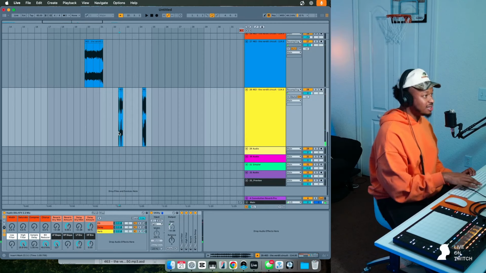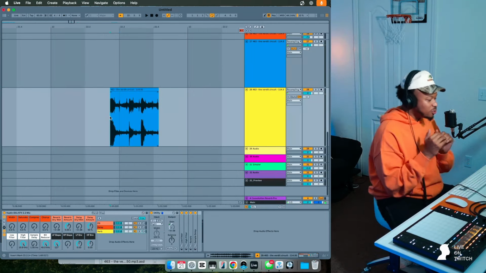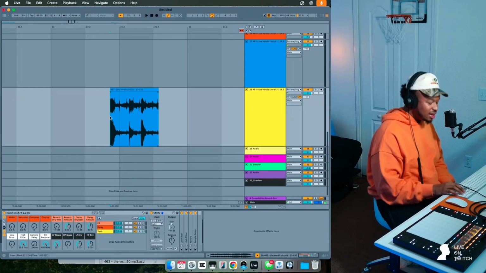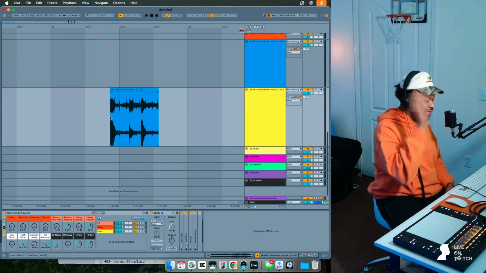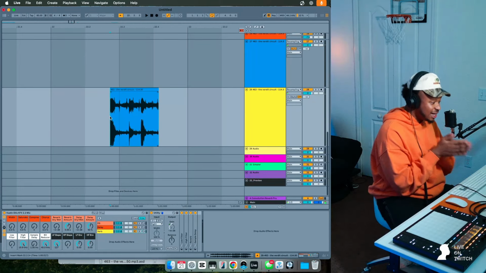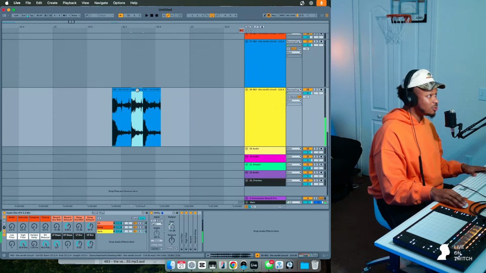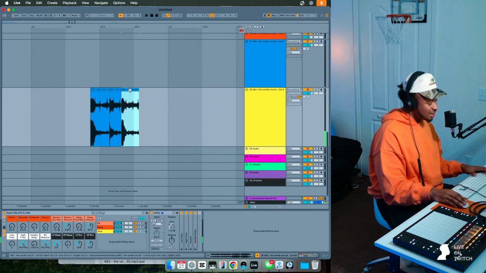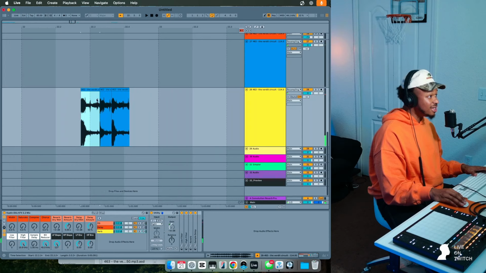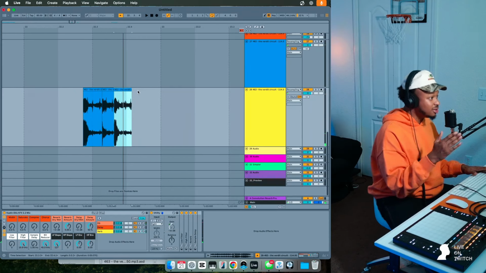Now, here's something that people tend to forget about drums. The way drum samples were created in the very beginning of sampling, when they were making all these DAWs and all these programs, people would literally sit with a program and cut the individual peaks of a sample. Look at this. So see this? That's one. That's another one. And this is another one. I could take all of this and make that its own individual sound.